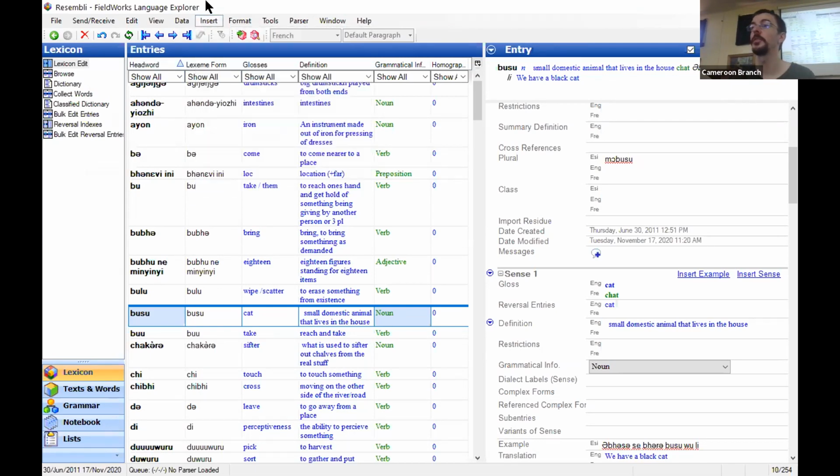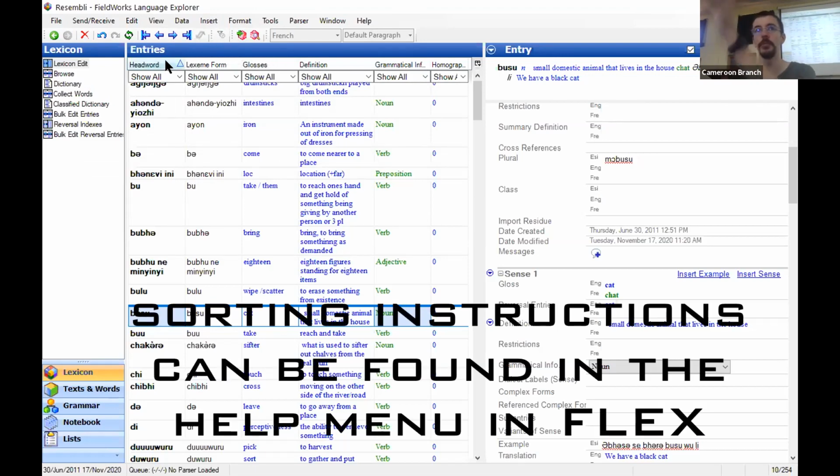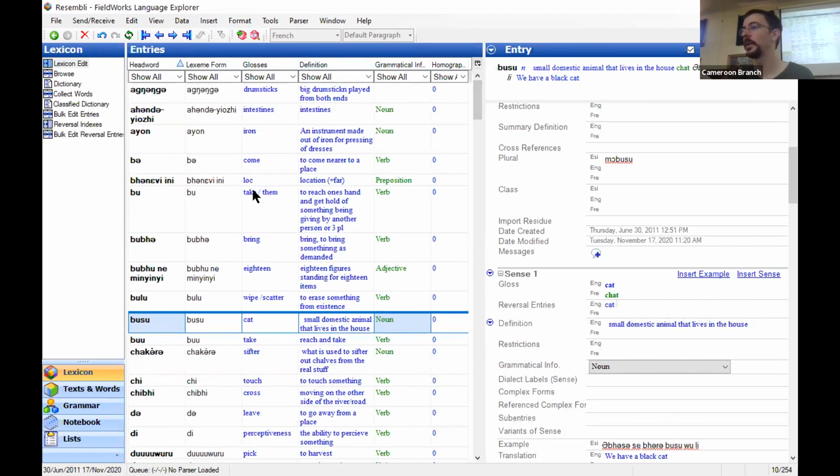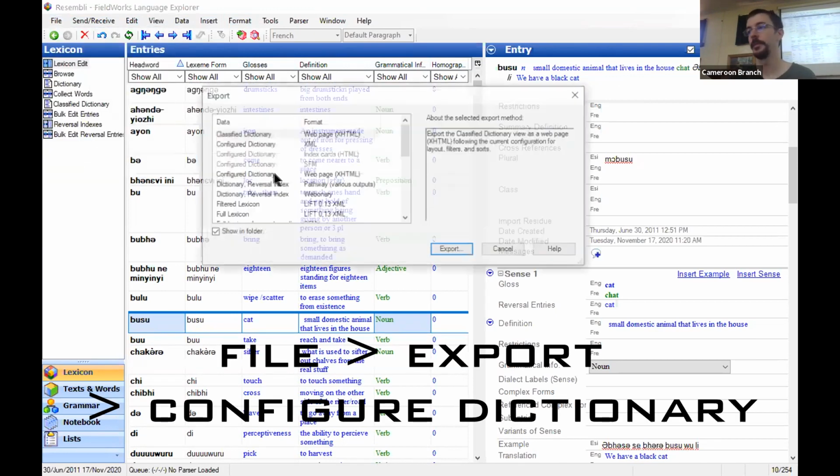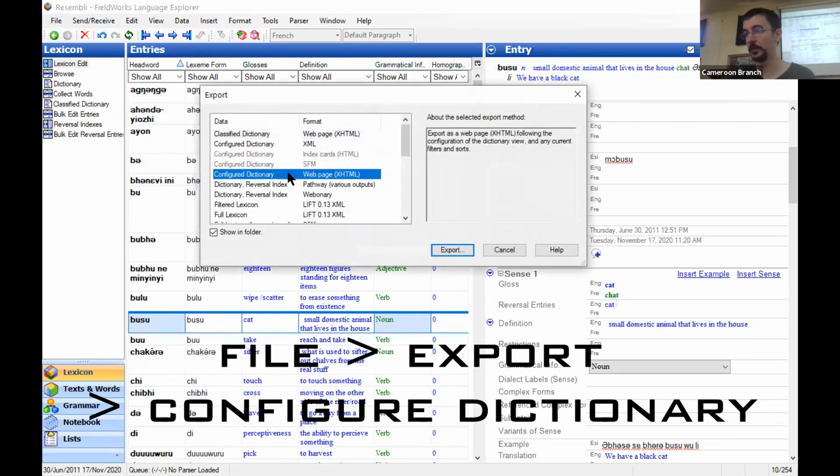First of all, I need to check, do I have any filters enabled? No. You can always hit the no filter button here to clear them. Do I have it sorted roughly as I want? Yes. I'm going to send out a message afterwards about sorting, and we can deal with that. Does it look the way I want, roughly? Yes. We're good. And so I'm going to go to export, and I'm going to choose classified or configured dictionary